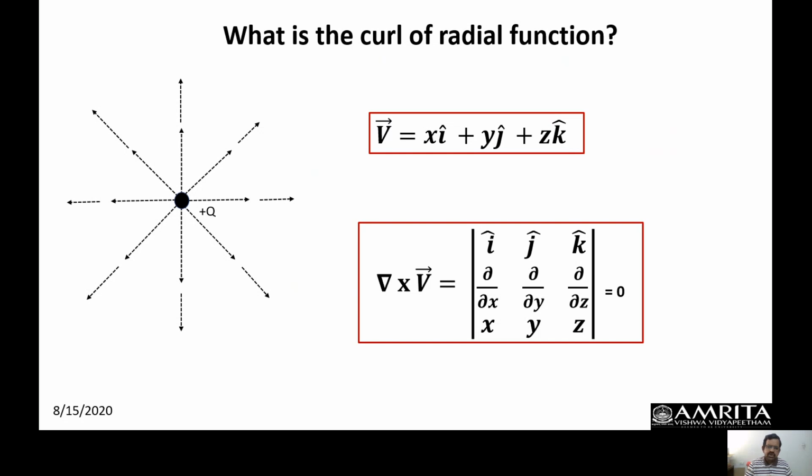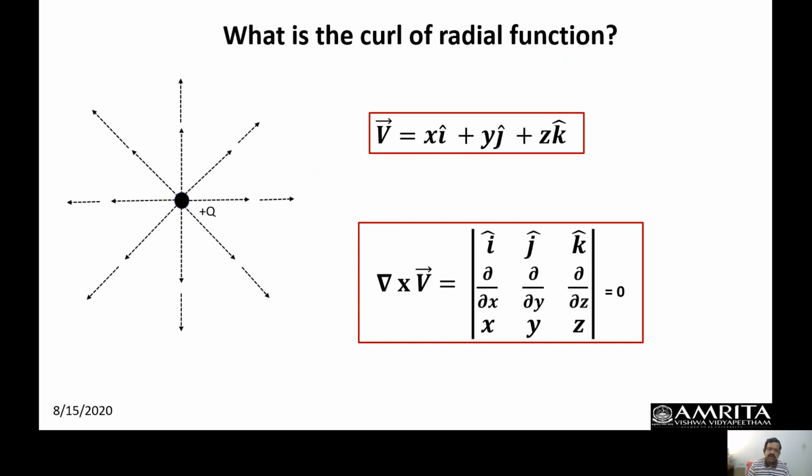Therefore, we took this example. You can check with other functions that we discussed in the divergence lecture. Likewise, you can take functions where the curl is associated and there is no spreading about the origin, the point of reference. Then you can see also that there is no divergence associated.